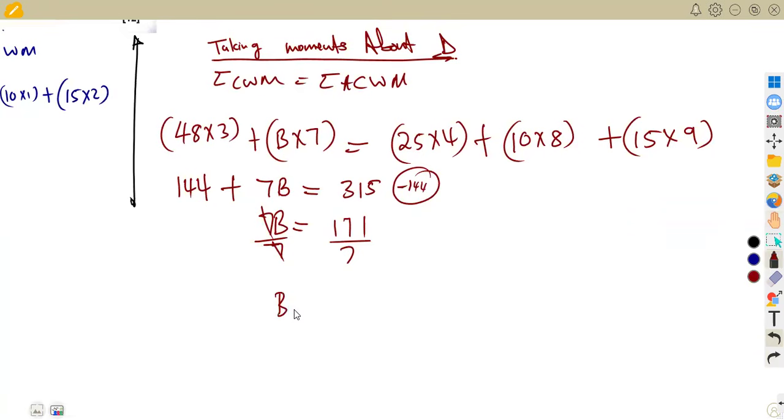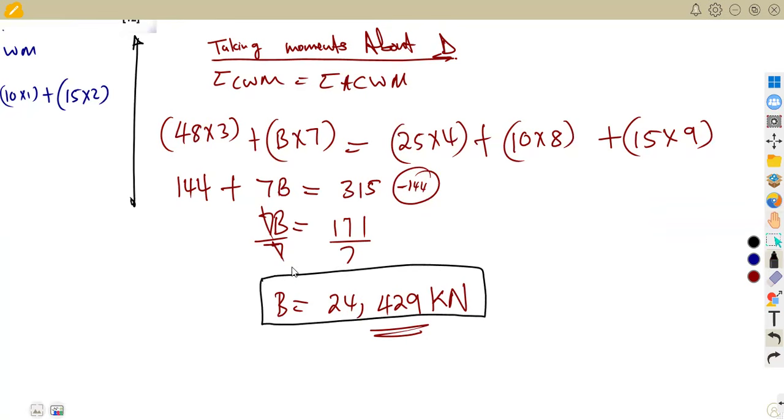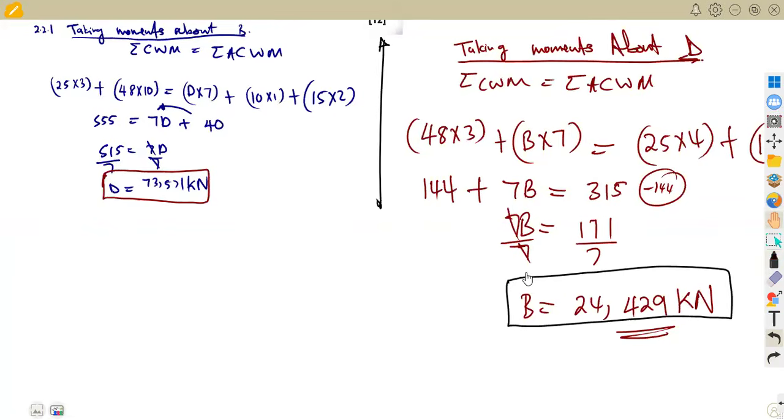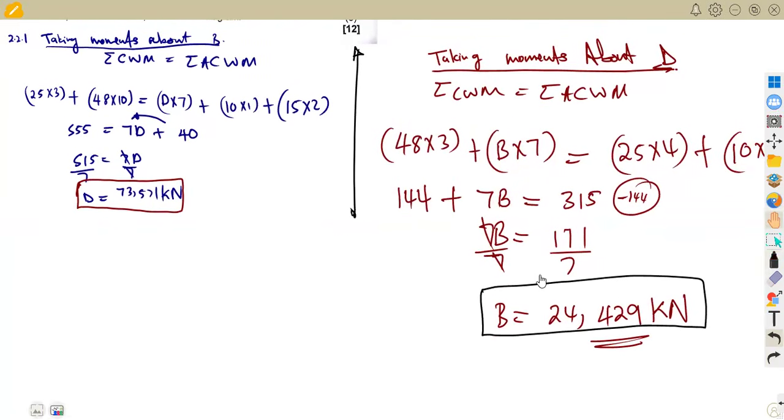That's our B. It's going to give us 24.429. All right, so this is 24.429 kilonewton. Okay, so that was the idea of our question there. We've got the value of B, 24.429 kilonewton. All right, so we can just cross-check this to see if we are in the right direction from